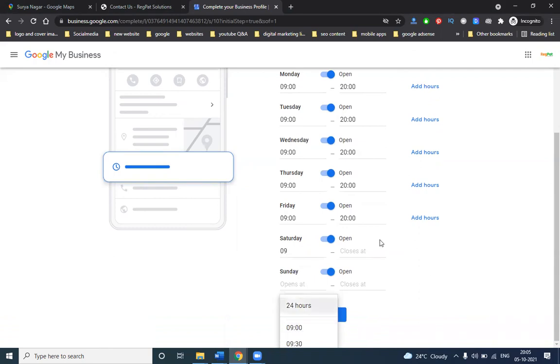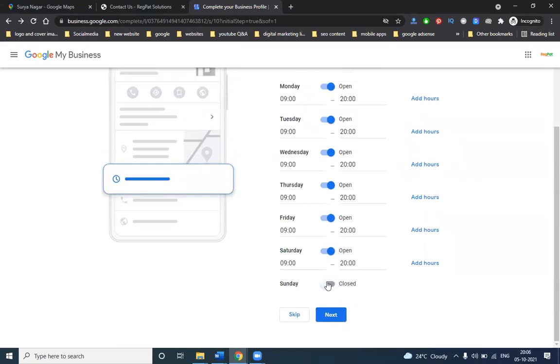And sir, after creating the map, if any changes are required, can I change it? Always you can change anytime. But once you decide the title, don't change. That's my suggestion. Title is nothing but your business name. If you keep changing it a number of times, your map will be suspended due to the policy. Is it clear? Now click for